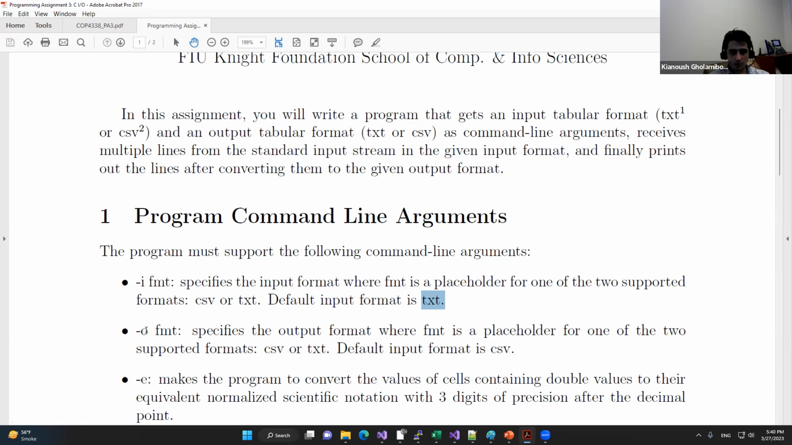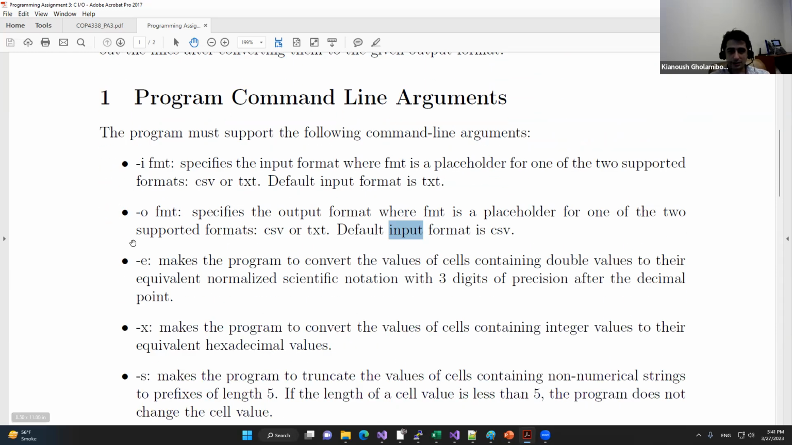Then we have -o followed by the format, which specifies the output format, which is, again, either CSV or TXT, but the default output is CSV. I made a mistake here. I said default input, I meant default output. So I'll fix that. Anyways, -e is another flag,